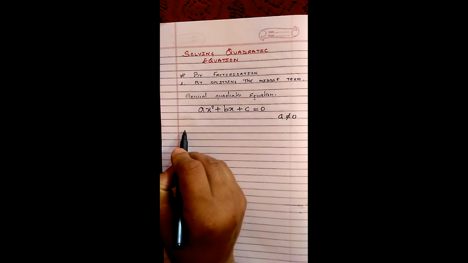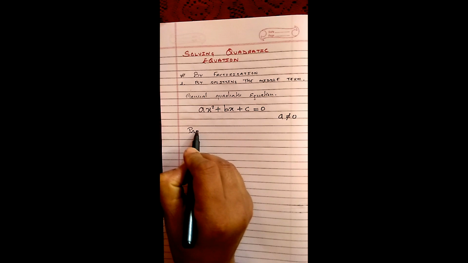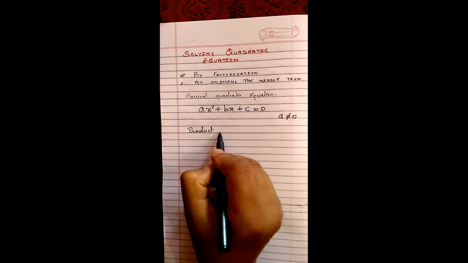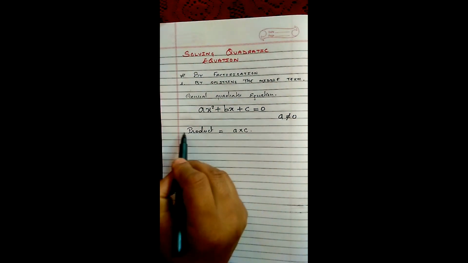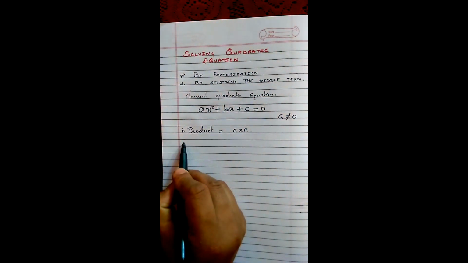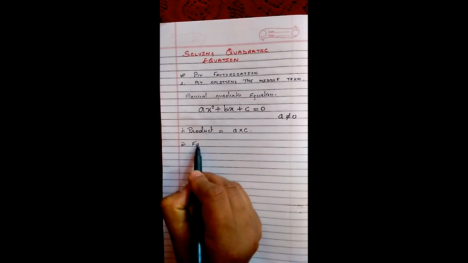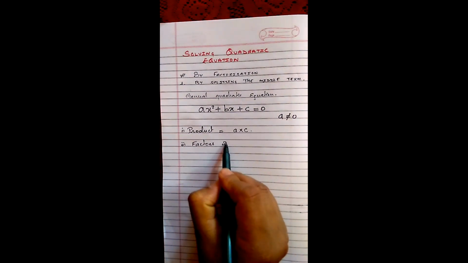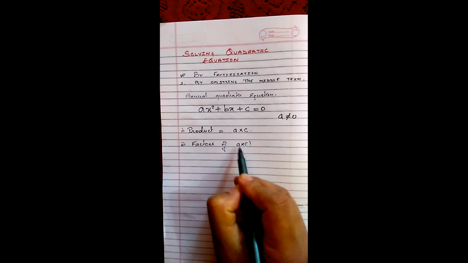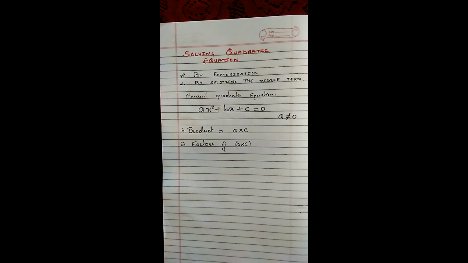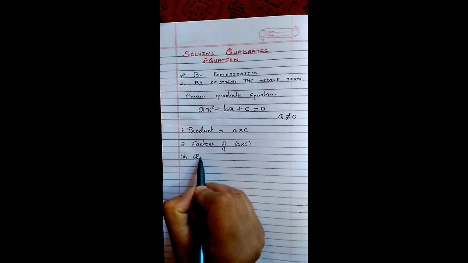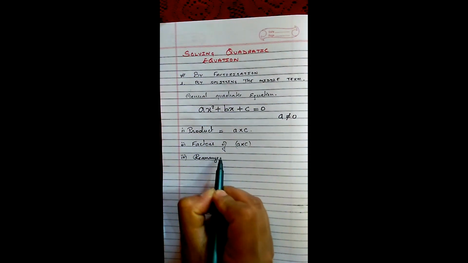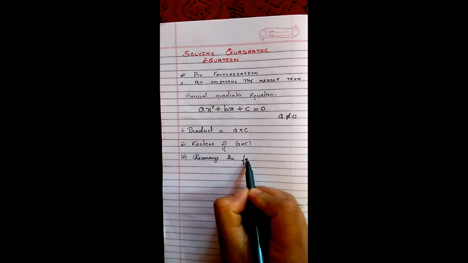The first step is to find the product of a and c. Second step, find the factors of a and c. That means the factors of the product a and c. Third one is to rearrange the factors